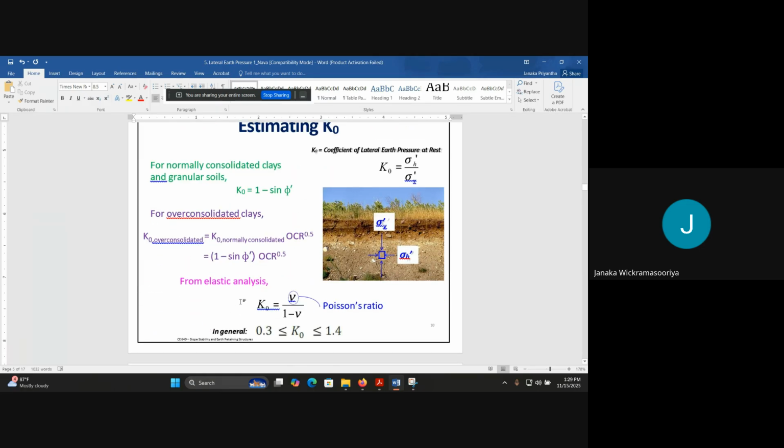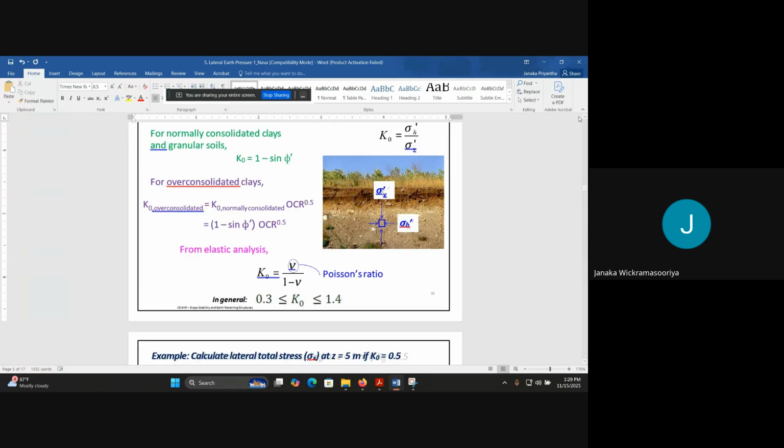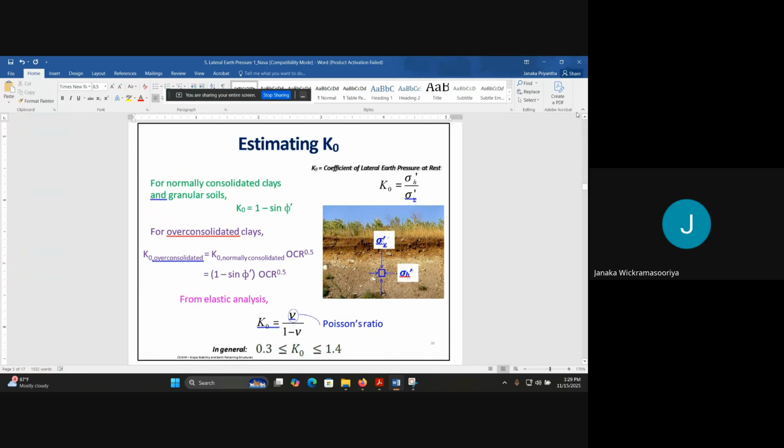Then this is how you can find this K naught. For the normally consolidated clay, K naught would be 1 minus sine phi dash. Phi dash is the effective friction angle, the friction angle in terms of effective stress, right? That is phi dash. So if you know the effective friction angle, then